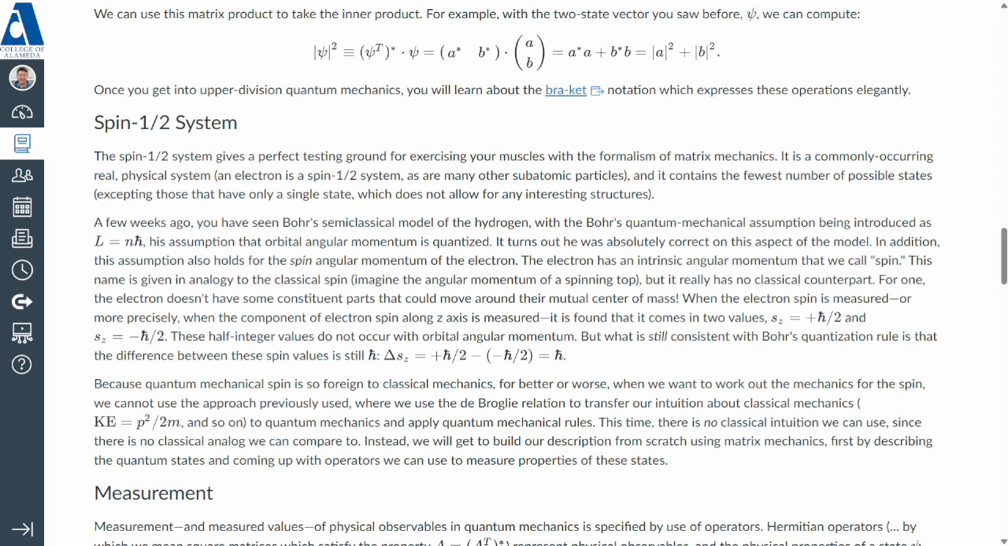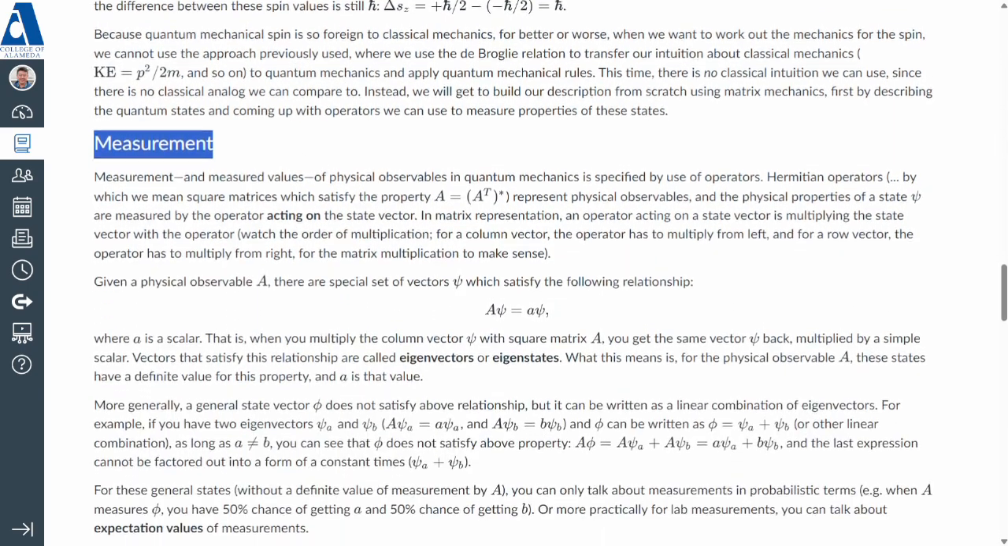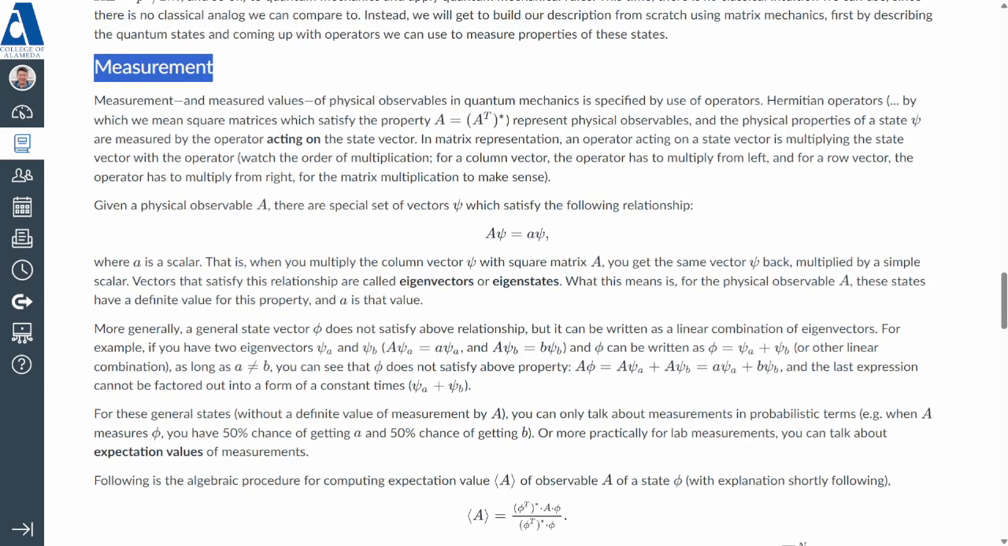Instead, we will get to build our description from scratch using matrix mechanics, first by describing the quantum states and coming up with operators we can use to measure properties of these states. Measurement and measured values of physical observables in quantum mechanics is specified by use of operators, Hermitian operators, by which we mean square matrices, which satisfy the property